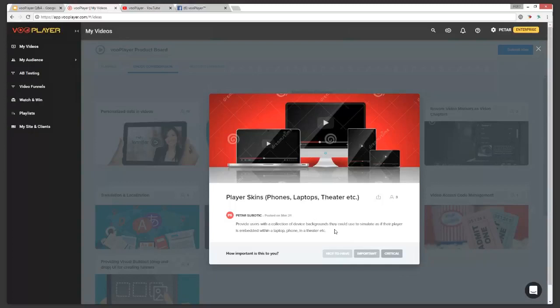So the idea behind this is to give you some sort of a framing option for the video player, which would allow you to easily customize not only the skin of the player, but the environment in which that player is housed. So for example, you would be able to have a phone on your web page as the background image of the player, whereas the player would be positioned as the screen of that. So thus far, this hasn't received a lot of feedback from users as something that will be really valuable,